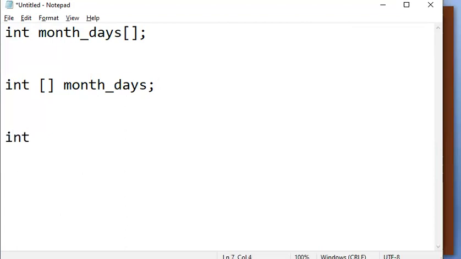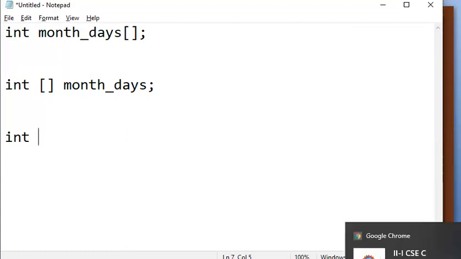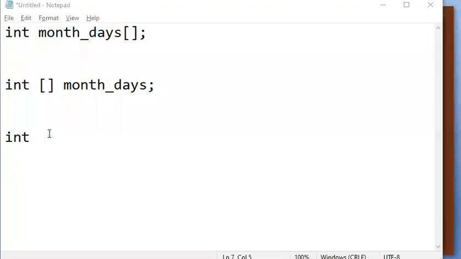Similarly, two-dimensional arrays. If you want to declare a multi-dimensional array, let us suppose I have a name of the array A, then I have two subscripts here.